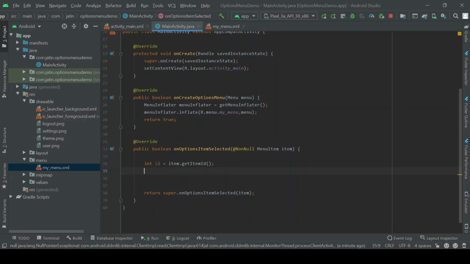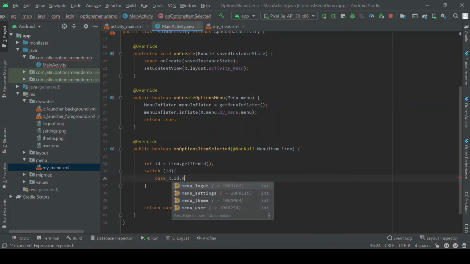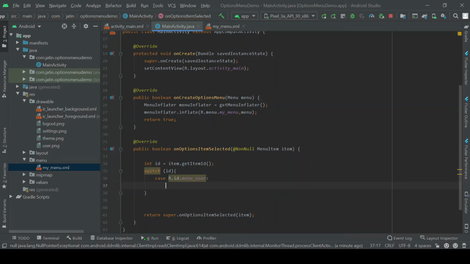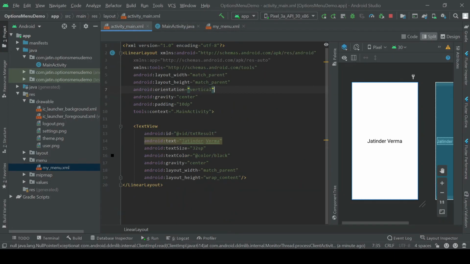It's better to use a switch if you have multiple things to compare. So let's use this ID and simply say case, if the case is R.id.menu_user, that means we need to change the text. So let's quickly go to design and try to refer to this.